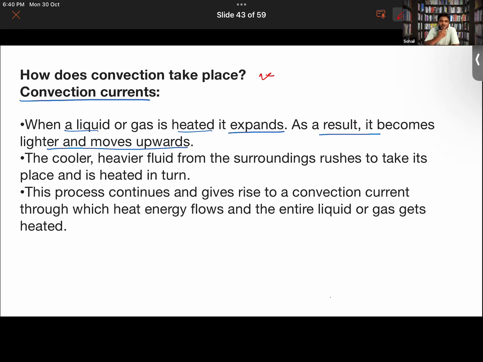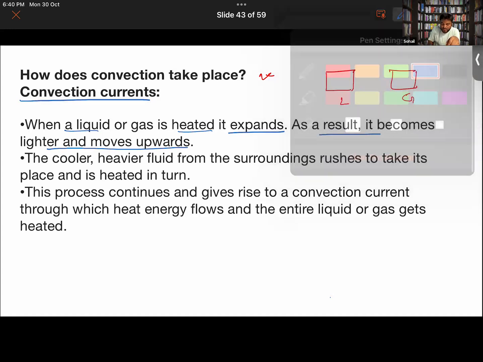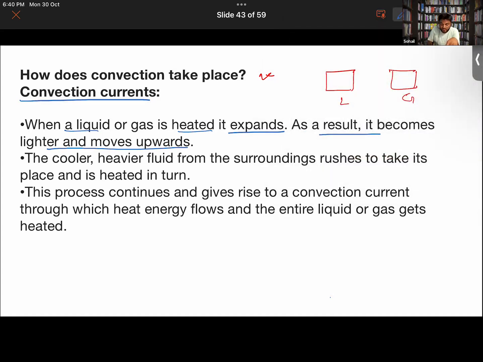Look here. We know that in the process of convection, there is actual movement of particles taking place. So for the particles to actually move, they need to be free and available for free movement. In the case of convection, it only takes place in liquid and gaseous medium. In the liquid and gaseous medium, we see that molecules have spaces between them.